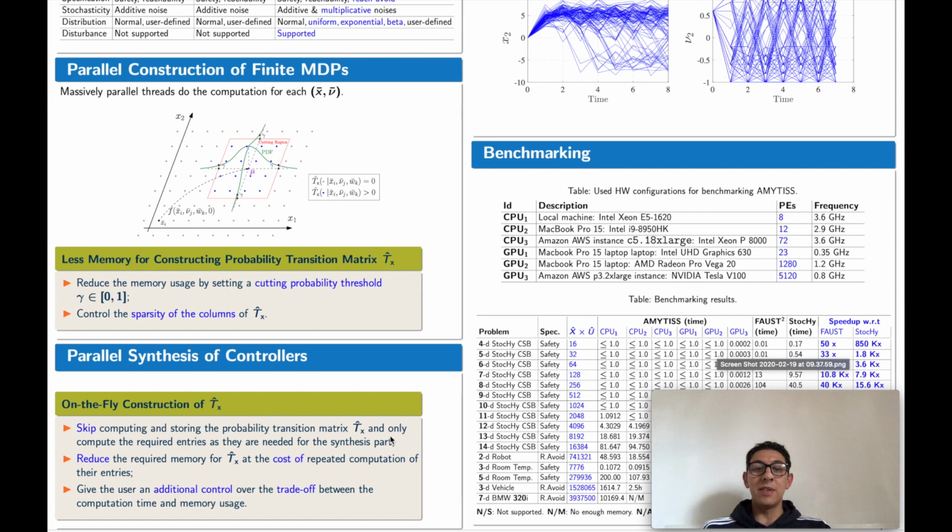We implemented the controller synthesis as a parallel algorithm of the solution to the Bellman equation. Again, all details about the implementation and the theory behind it can be found in the tool paper. We used on-the-fly computation of the transition matrix. So instead of pre-computing the transition matrix, those values that are needed during the synthesis are only computed when they are needed. This reduces the required memory at the cost of repeated computations of the required entries in the transition matrix Tx. This eventually gives the user additional control over the trade-off between the computation time and the memory